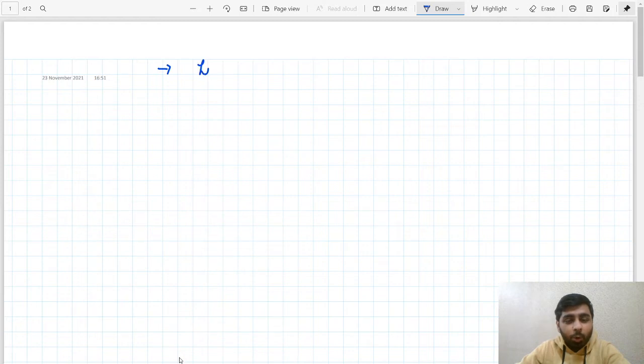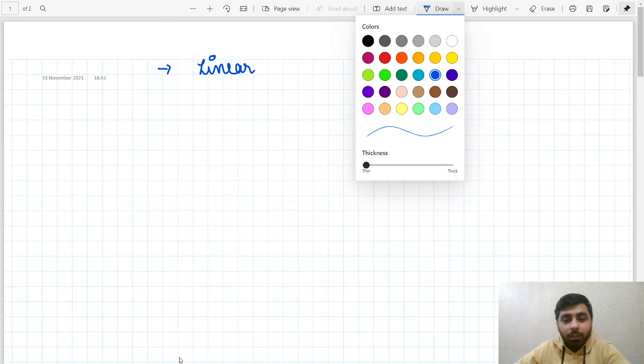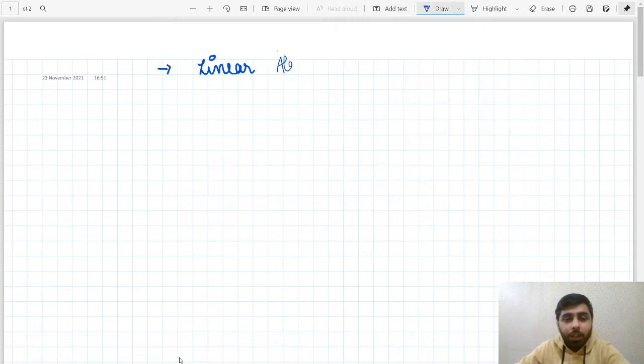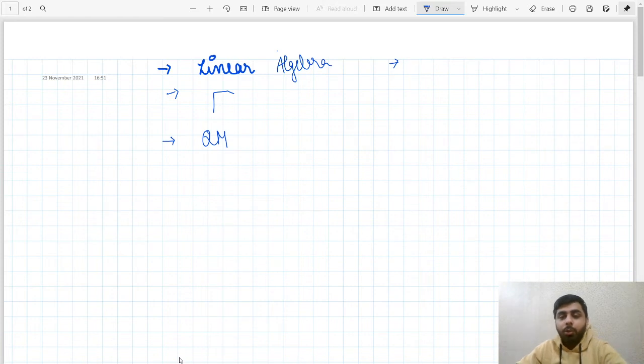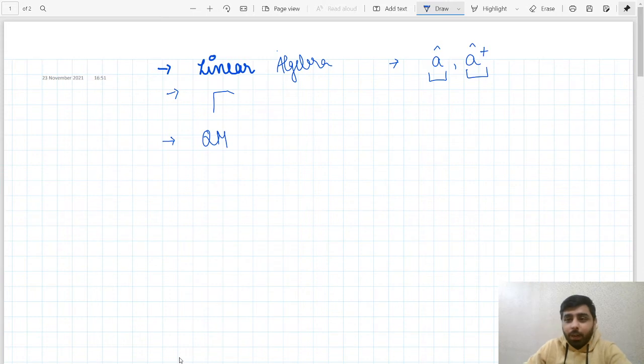First, you should know a little about linear algebra, about the concept of basis and the importance of a basis. Along with that, you need to know about the gamma function, and some basic quantum mechanics, and you also need to know the quantum harmonic oscillator and its treatment using the creation and the annihilation operators. So this is the creation operator, and this is the annihilation operator. With that being said, let's get started.